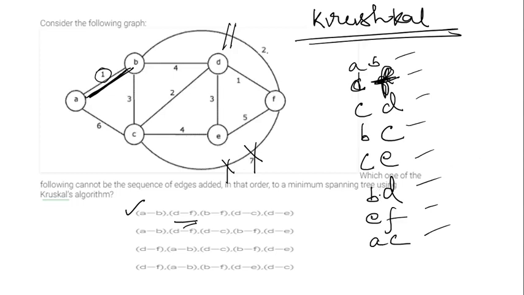DF is there. BD is there. The BF is missing. FB. No, FB we are deleting, right? FB we are deleting as the parallel edge. Okay, but still we should have 1, 2, 3, 4. Because FB is given in the option, sir. If it is given, then you have to consider FB. It is given in all the options. Okay, one second.